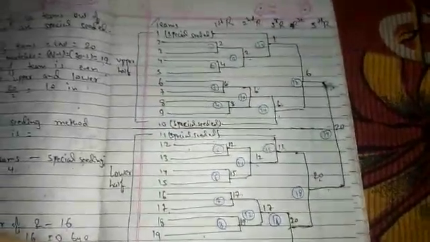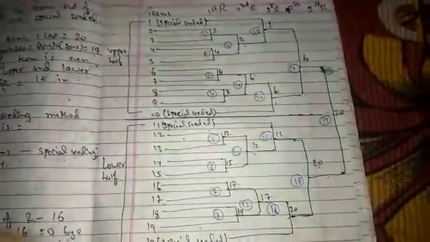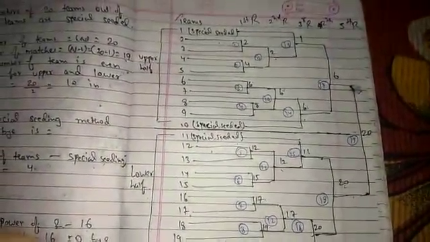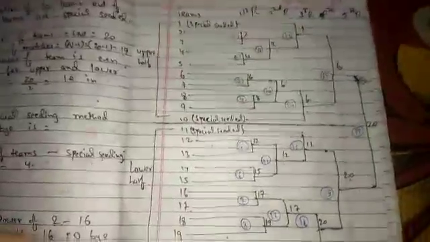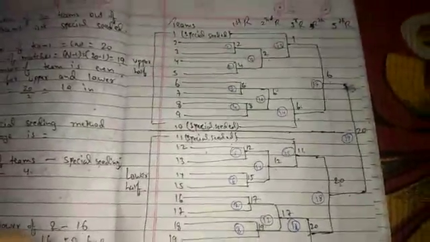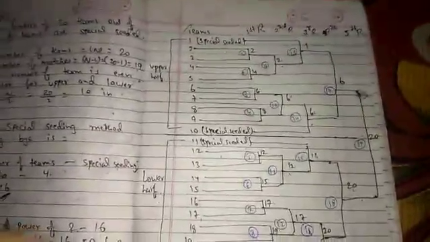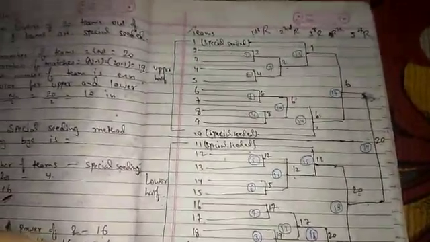There is a major difference between seeded and special seeded method. In the seeded method, the teams who are given seeding are allowed to play in the next round only, and the teams who are given special shading are allowed to play in the quarter final or semi final. So that's it.